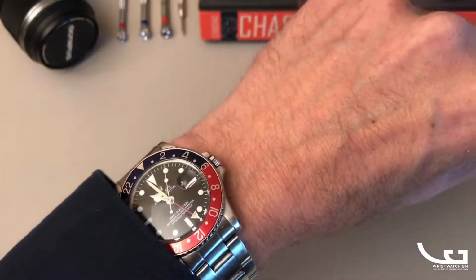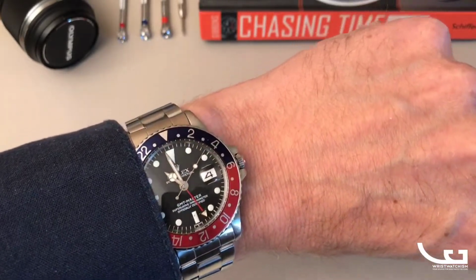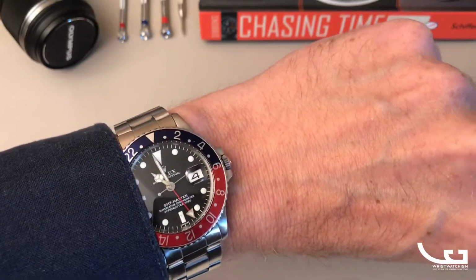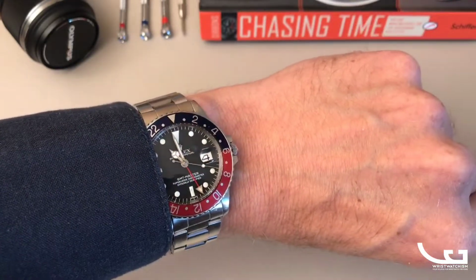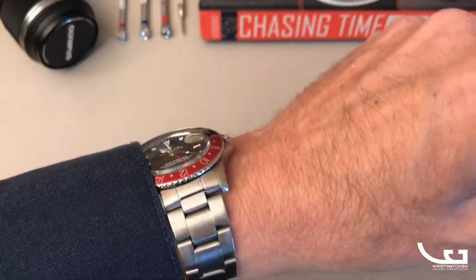It is supremely comfortable, and scarily enough, first time I took it out of the box, I put it on, and that's it. The comfort is absolutely brilliant. You do not want to take it off. It's so slender, it's got